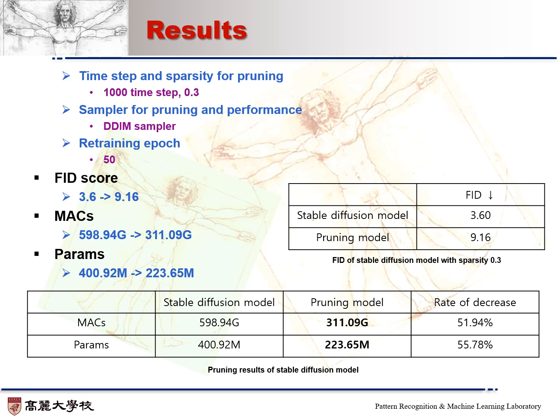Performance result is here. The FID score increased from 3.6 to 9.16. This shows that pruning had an impact on the generative quality of the model. The computational cost represented by MACs was reduced from 598 to 311, achieving a reduction of approximately